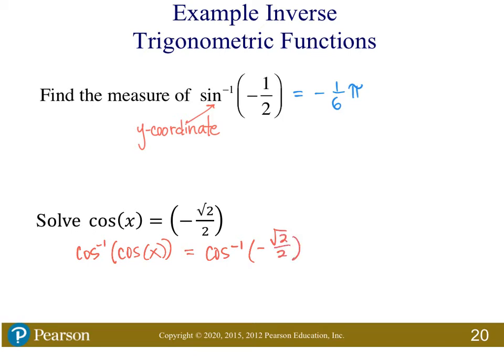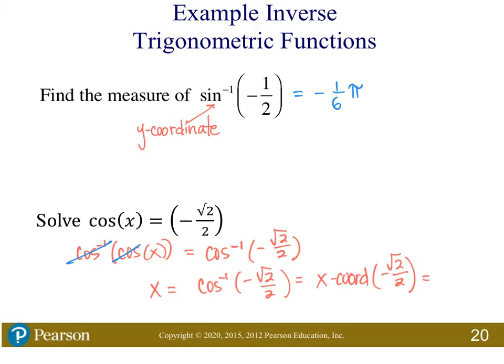So what that does is it cancels out, they invert each other, so you're left with just x equals the cos inverse of -rad2/2, which is basically asking you for the x coordinate in the position -rad2/2, and you have to give the radian pi answer that would have an x coordinate of